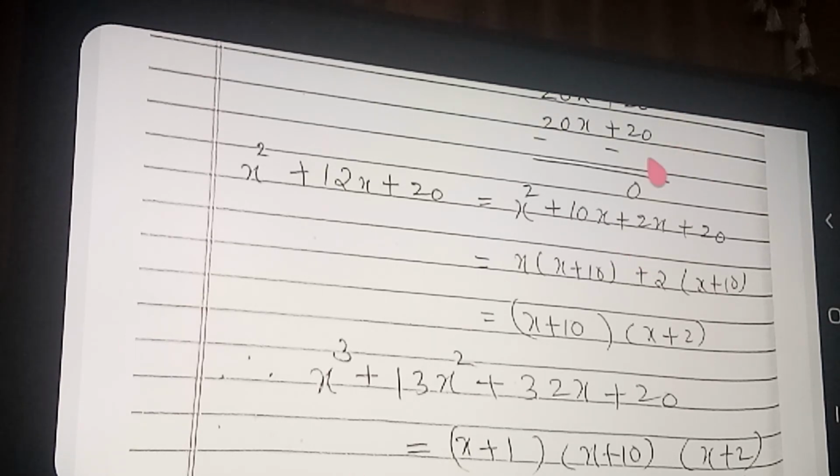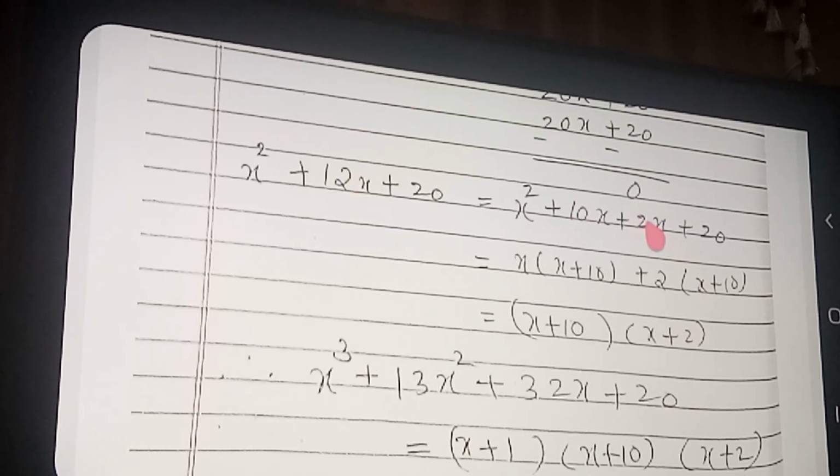You have to listen, the middle term splitting is a very important point. Okay. Knowing middle term splitting, you will be able to do factorization very well. So the middle term I split as 10 and 2. We can split this in many ways. 10 plus 10 can also be written. But if you write 10 plus 10, you will get 20, not 12, and here the product is 100. So in such a way we have to verify. Product should be 20 and sum should be 12. Select the numbers in such a way.